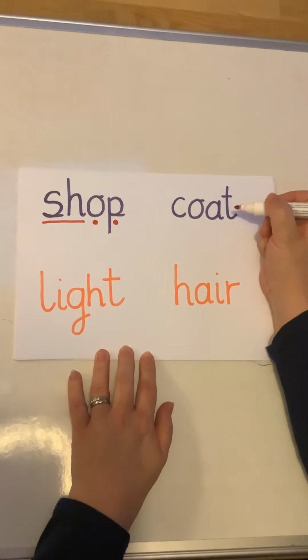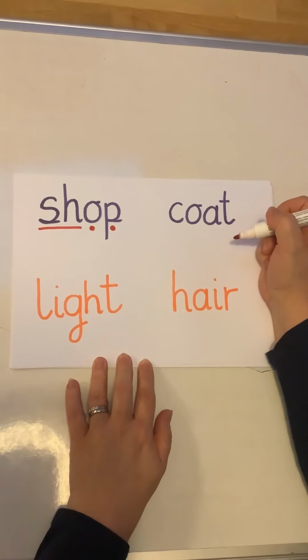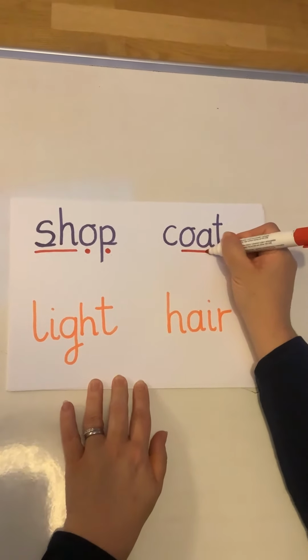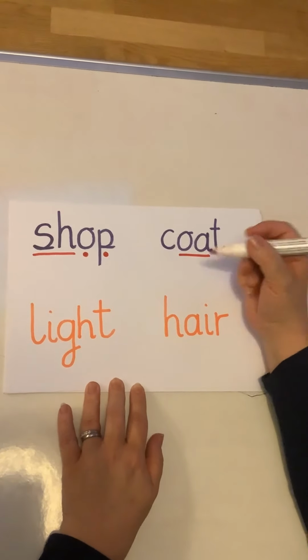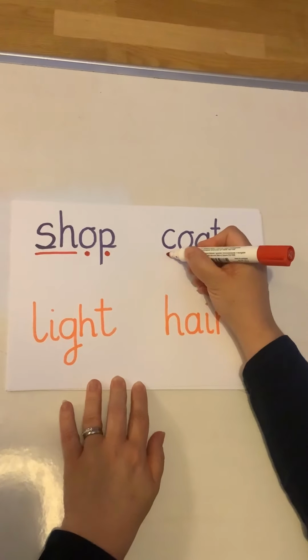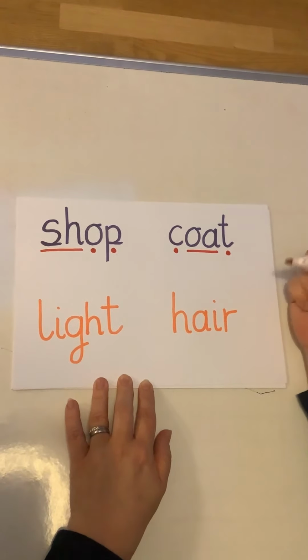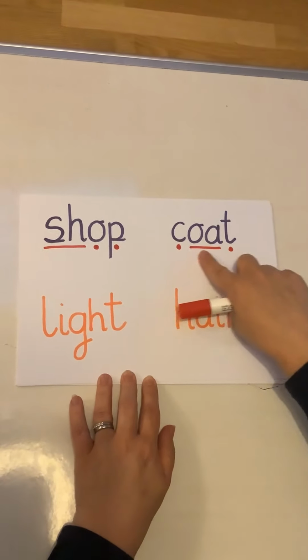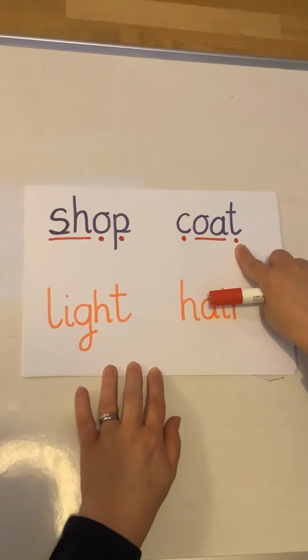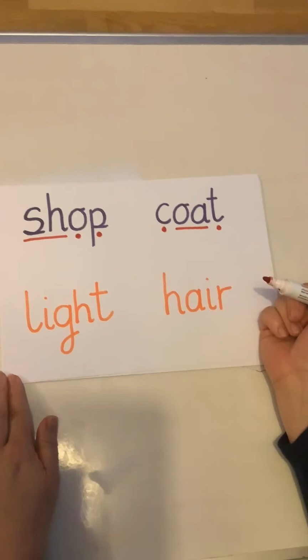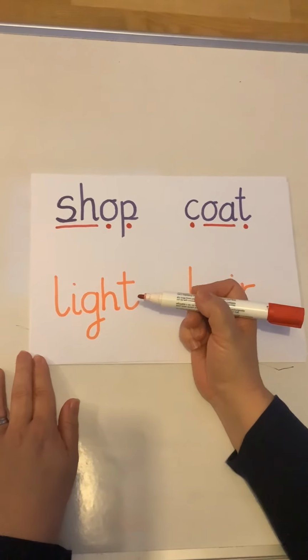Let's have a look at this one. We can see a digraph in the middle of the word. So we're going to pop on the sausage first, and then we're going to add our beans for our single letter sounds. So we read the word c, oa, t, coat. If we look at these words, we can see in this one there is a trigraph in the